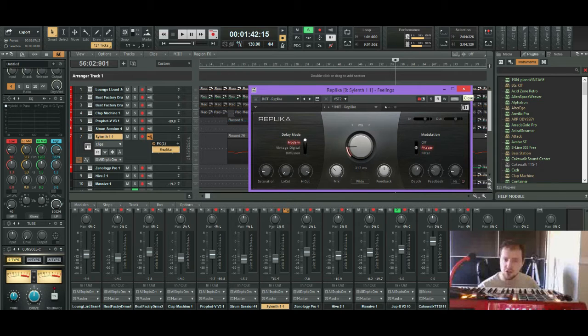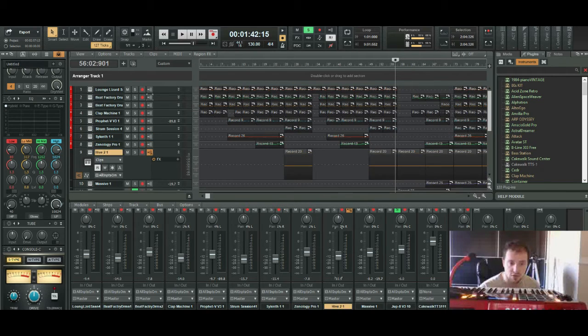lot of videos of memes where people use this thing called a sausage fattener. I mean, I don't have anything against Data Life or anybody that uses it, but I'd rather play it safe with saturation stuff, and this is definitely a good one, especially for if you're trying to make some dance music. You really want your EQs to pop. So Replica is definitely a good one to use, and it's Cakewalk exclusive, so it's really nice.